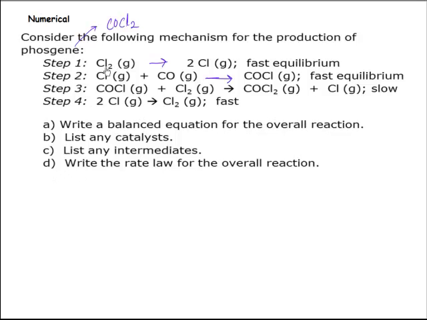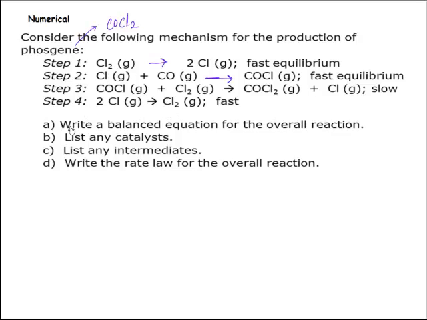Now, if you realize, chlorine is splitting up into chlorine free radicals, and chlorine free radicals react with carbon monoxide to form COCl, and COCl will react with another chlorine molecule to form COCl2. The chlorine free radicals which were generated in the first step can be reconverted into chlorine as a termination step. So 2 chlorine atoms combine with each other to form chlorine gas.